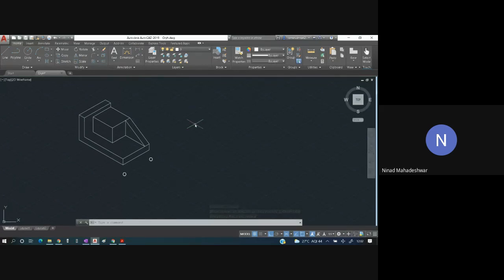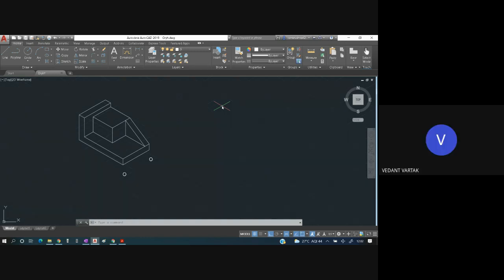Can you tell me any one line which is missing over here? There is one line which is missing. See, we have drawn it from this end to this end, from this end to this end, this end to this end. There is one line missing over here, which is this. That also we have to draw. That cannot be open. So we have drawn this. Everybody has understood this, students? Yes, sir.